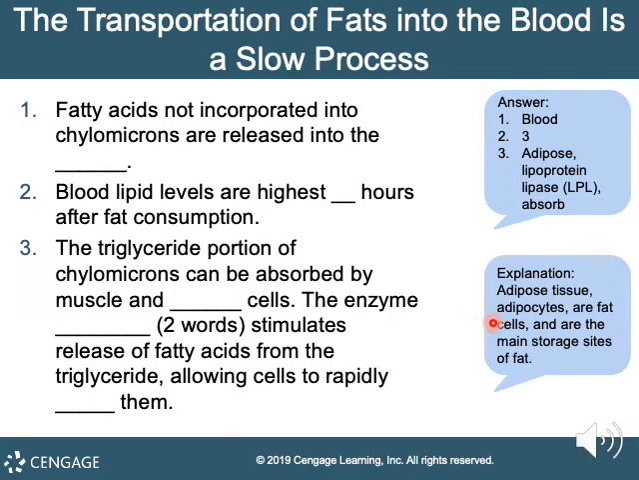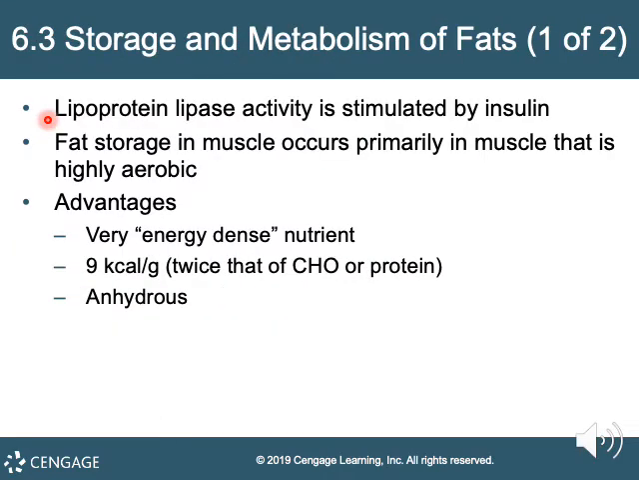Adipose tissue or adipocytes are fat cells and are the main storage sites of fat. Lipoprotein lipase activity, meaning the fatty acids are released from triglycerides so they can be absorbed by fat or muscle cells, is stimulated by the hormone insulin. Fat storage in muscle occurs primarily in muscle that is highly aerobic. And this is in muscle such as heart or myocardial muscle and slow twitch, or what we call type 1